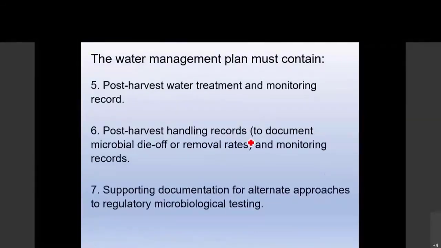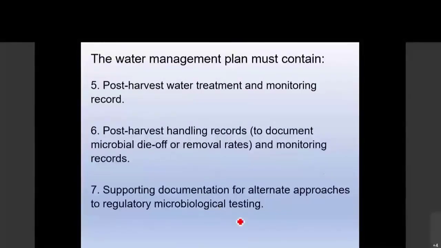Any post-harvest water treatment and your monitoring records, which in a busy harvest is going to be exhaustive. So allow time and effort to make sure that you monitor your sanitizer. If you don't monitor your sanitizer, you don't know that it's working, and you could have contamination occurring in your dunk tank, and you don't want that. Your post-harvest handling records, again, if you're using microbial die-off or removal rates, monitoring records, all of that. And any